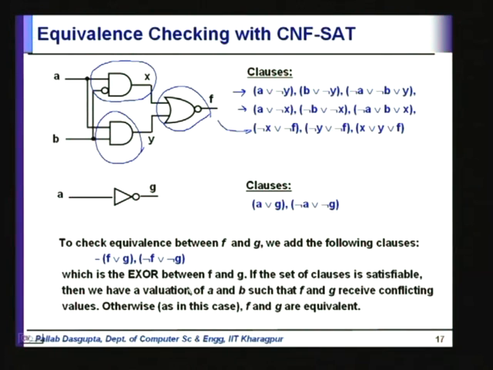Okay. So, if the set of clauses is satisfiable, then we have a valuation of A and B such that f and g receive conflicting values, otherwise as in this case f and g are equivalent. Now, this is to give you an idea about how you can utilize a SAT solver to do equivalence checking for you. So, what you do is you take each circuit, generate the clauses from that, and then finally generate the clauses corresponding to the XOR gate at the output, and then ask whether it is satisfiable or not. And based on the answer you will know whether the two functions are equivalent or not. And it is very simple, as you can see, just traverse the circuit, generate the clauses and ask the SAT